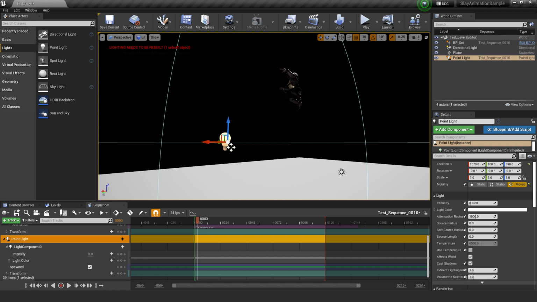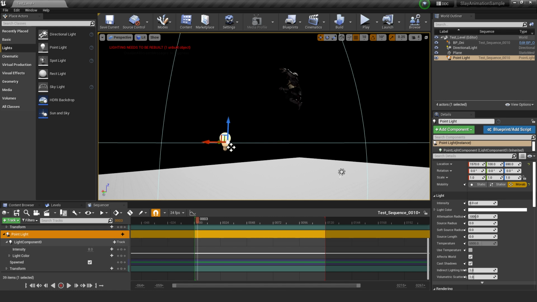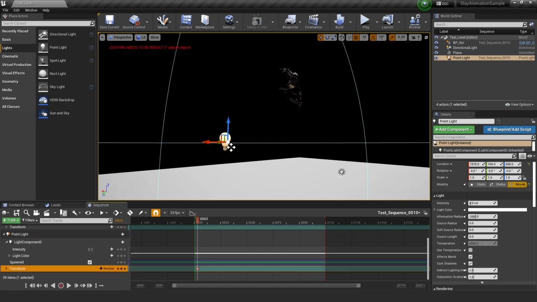Normally, you would want to keyframe the location of wherever you have an asset, and keyframing the transform is absolutely a method of maintaining structure, so you know where everything will always be. Because of that, we will keyframe the transform for this light component, and we'll hit the middle button, which says add new key at current time, which you can also do by hitting enter as a quick key. But for this instance, we're going to hit the middle button to add this keyframe.